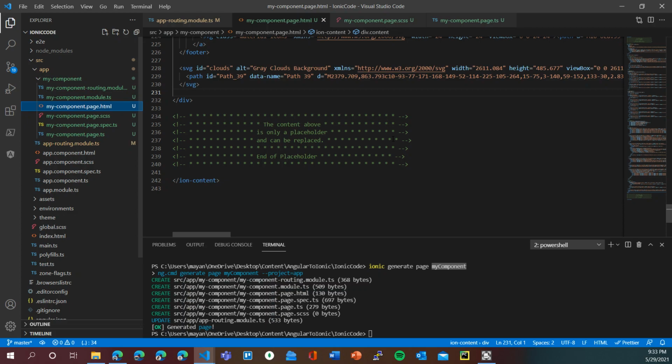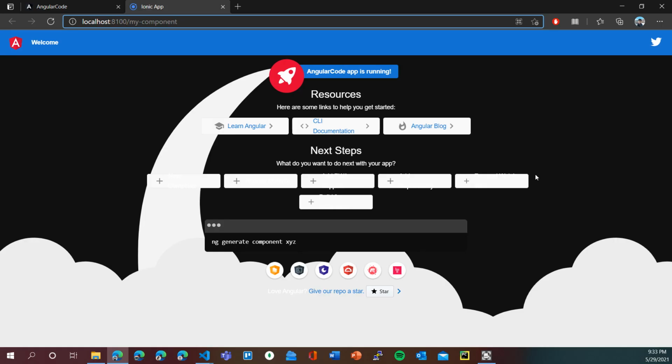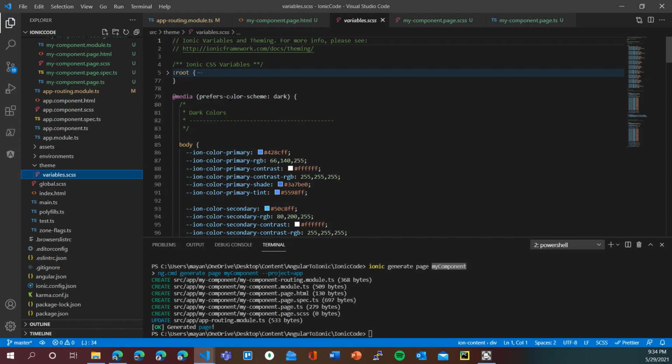Over here, the background is white. Over here, the background seems to be black. Why is that so? Because Ionic by default comes with two themes. So there is the root theme and there is the prefers color scheme dark theme. I myself code a lot, so that is why I have kept the dark theme on my browser so that my eyes do not get strained much.